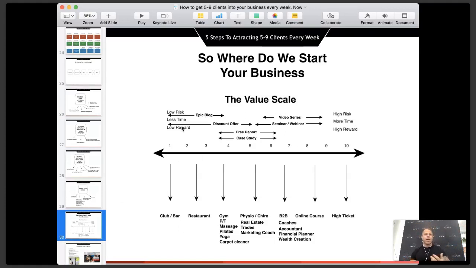A restaurant, for example, one of the cafes we work with: between 9:30 and 11:30 a.m. on Mondays and Wednesdays, they market to mums within 5 kilometers around their area, and they do story time. They know these mums have kids under 4, and story time is limited to 20 mums only. You have to book in and reserve your place, and they have a story teller telling stories to the kids. You're getting 20 mums down there between 9:30 and 11:30, which is normally quiet for them.